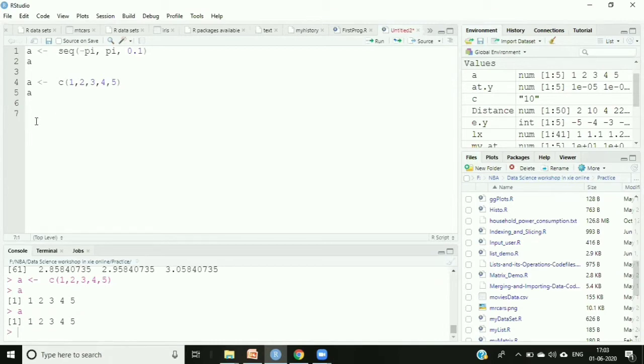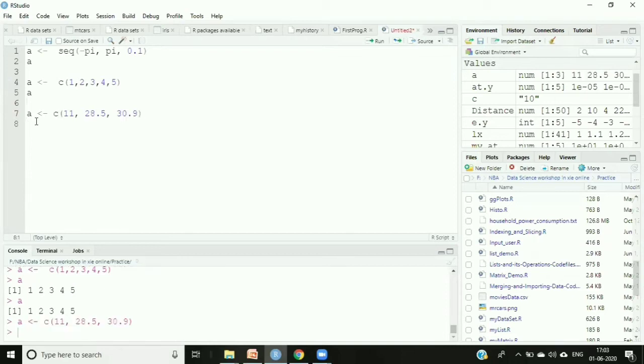For example, I'm saying A and then C, create 11, let's say 28.5. Let's take 30.9. Any values I'm taking, enter, and then I'm saying A. So it has displayed over here all the floating point numbers, right? Even though these are also numeric numbers only, right? So by default it's a numeric number only.